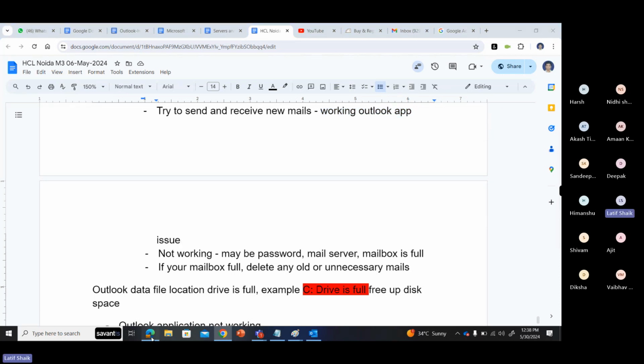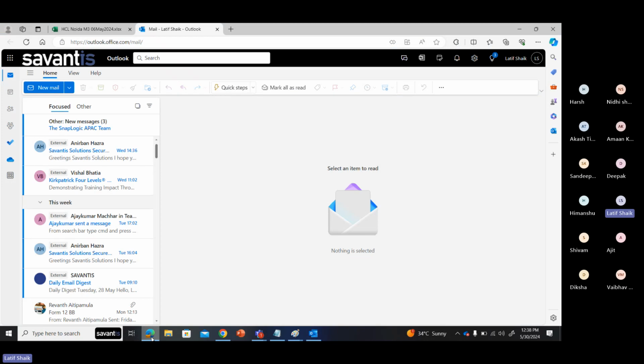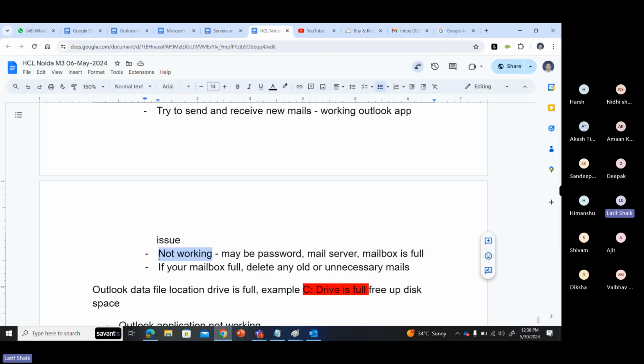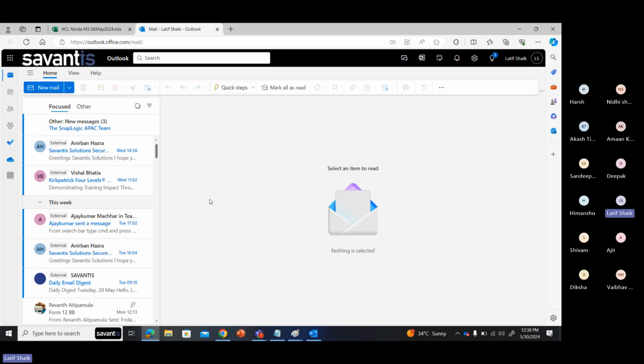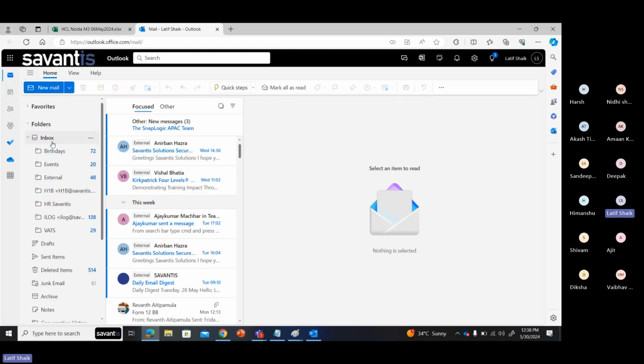If it is not working even when opened in a web browser, it may be password related or mail server related. If you cannot open it, there is a server issue. If you can open it but you cannot send and receive, in that case, please check the